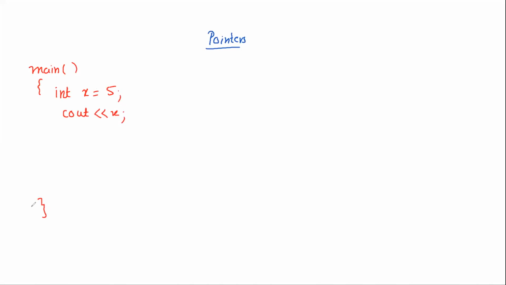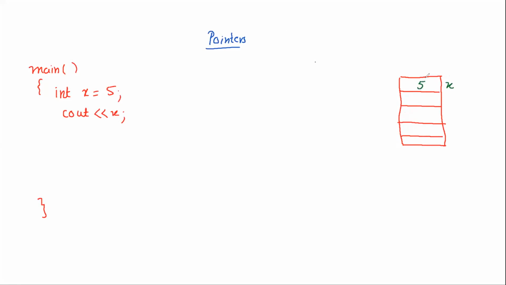Okay, so now, as I keep telling you, whenever we are discussing something, it's always a good idea to see what is going on at the back end in the memory, right? So as I always do, I will draw a small chunk of memory where all your variables are stored. Maybe it is something like this. Now we have a variable x. We know it is an integer. Integer takes 4 bytes, right? So it means that somewhere in the memory, when you write x equals 5, somewhere 4 bytes are reserved for you, and the value there is 5.